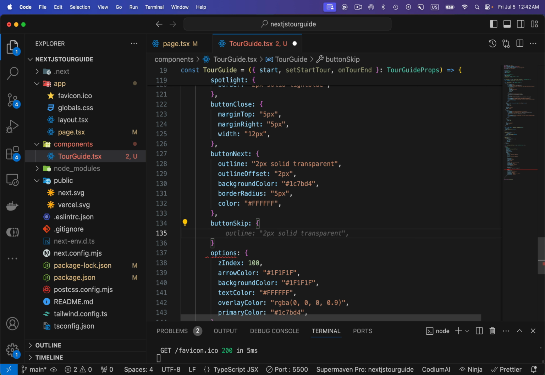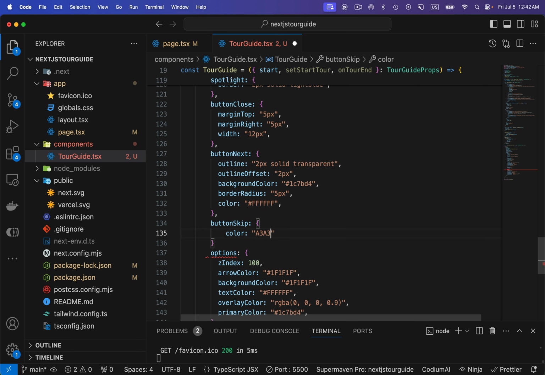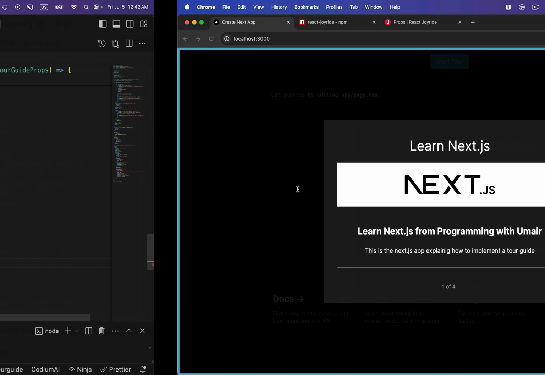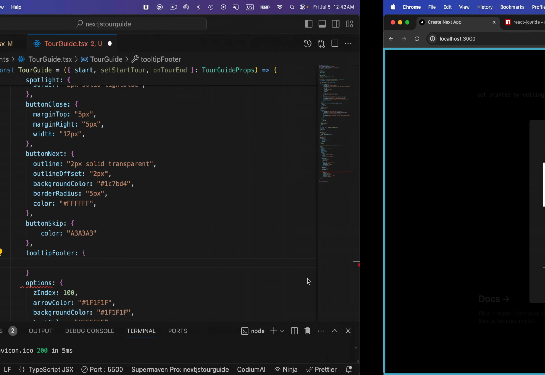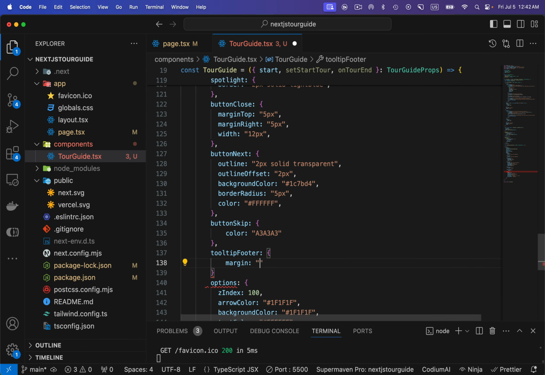Button skip can have a color. So this color is going to be, let's say, A3. This is going to be a light gray. And I can have a margin to the tooltip footer, the whole tooltip footer. That includes everything, the back button, skip button, next button, and these things. All right, so inside this I can have a margin 0 pixels, space, 16 pixels, 10 pixels, and then the